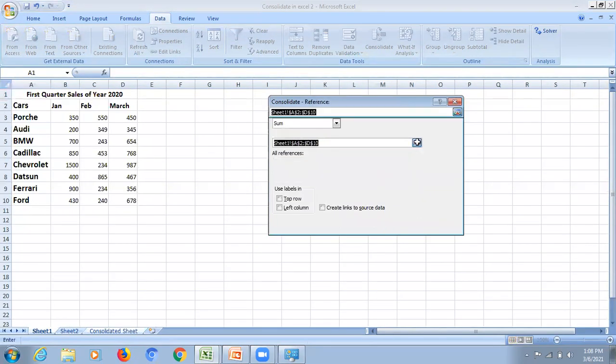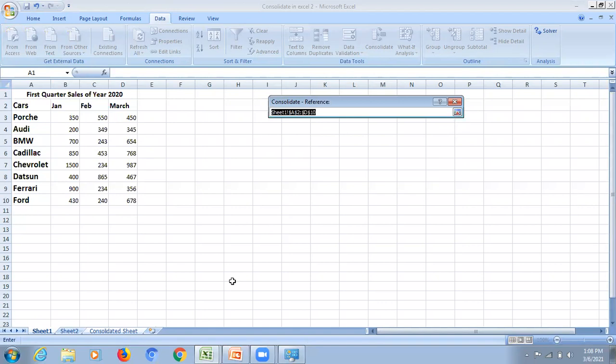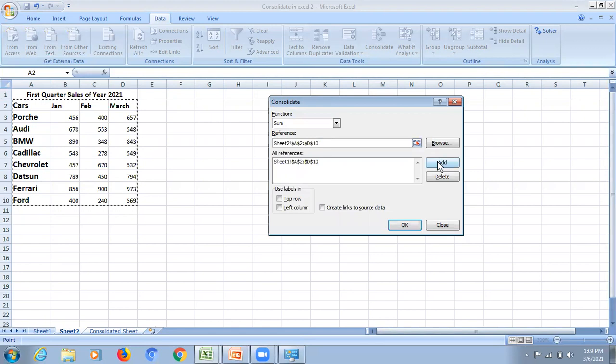Now I will consolidate the data from sheet 2 and again I will select the range and add it. Since we have added this, we have selected the references from both.